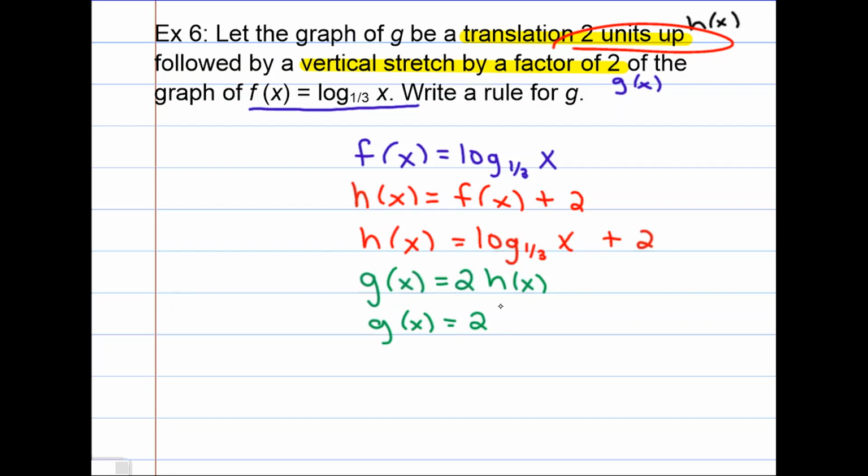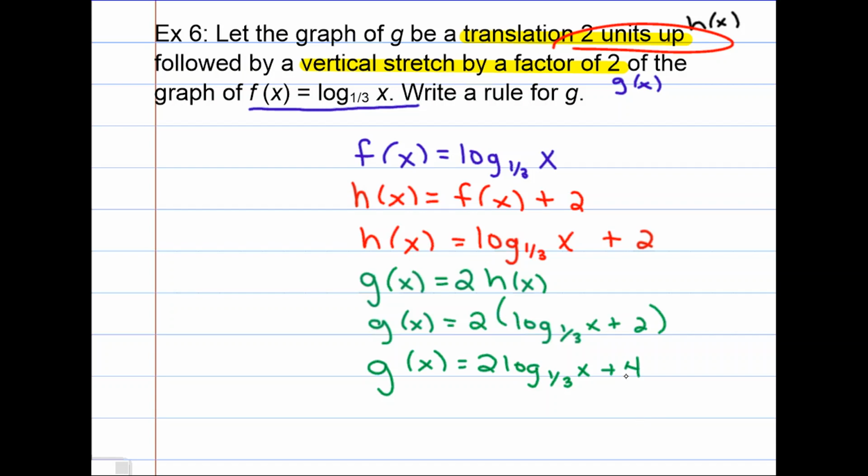So 2 parentheses, log base 1/3 of x plus 2. That's all inside. So now I have to distribute. So I have g of x equals 2 times log base 1/3 of x plus, and 2 times 2 is